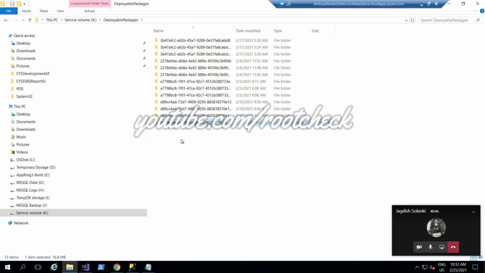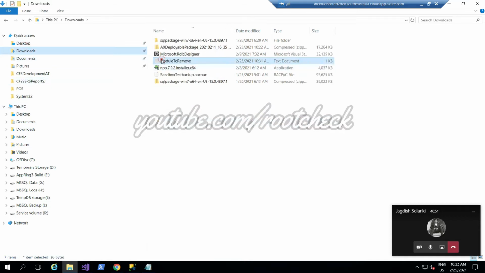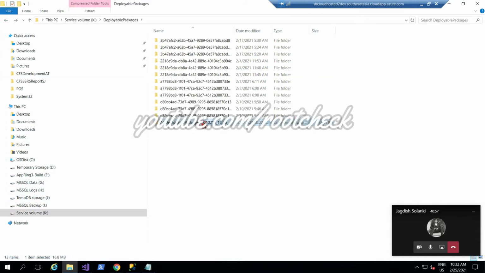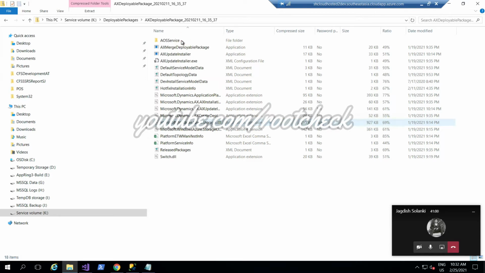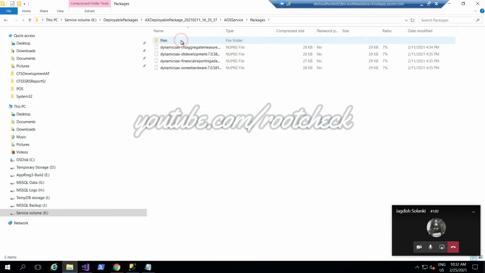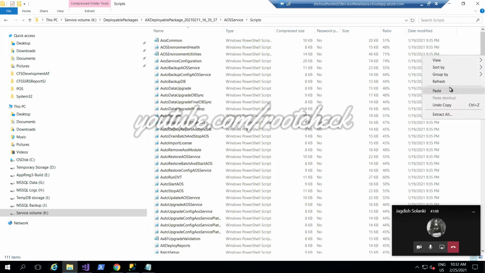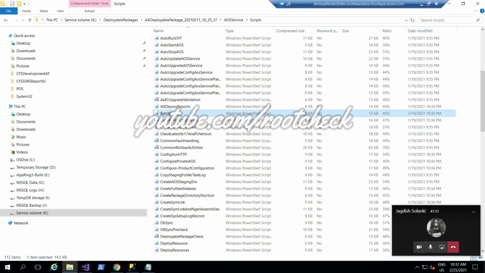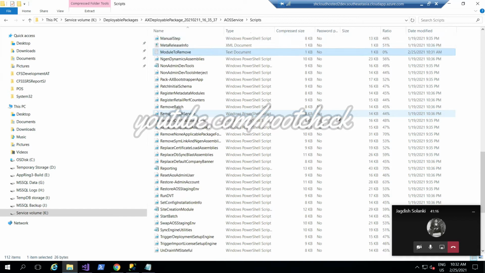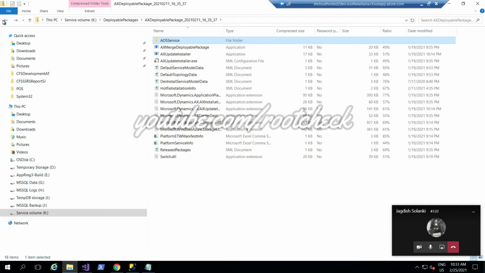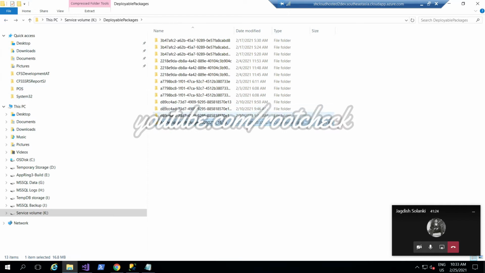Copy the whole package here and now try to copy that module to remove file. Now it will be successfully pasted. Go to the scripts part, and here we need to paste that text file. Once you have successfully pasted that file, we need to upload this package in the asset library. So let's navigate to the asset library and create